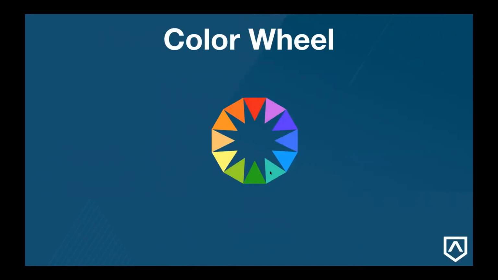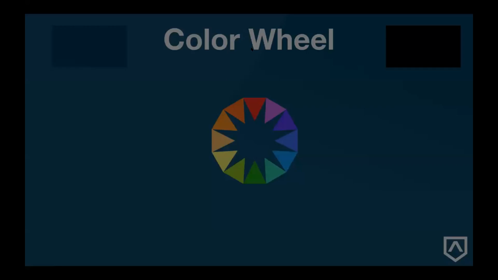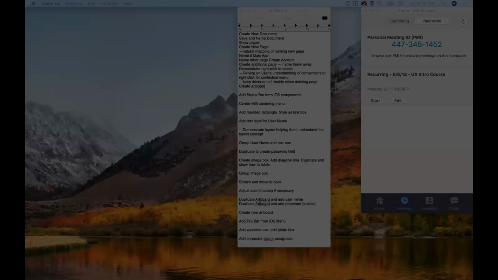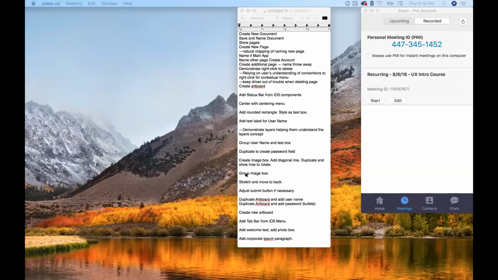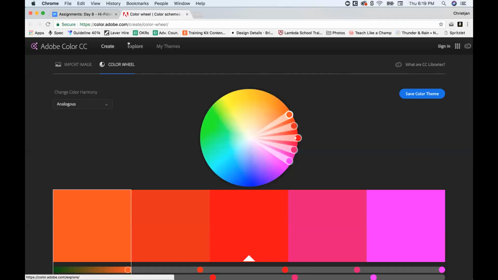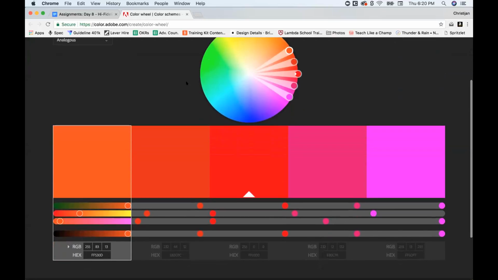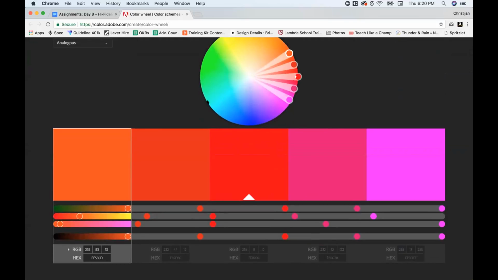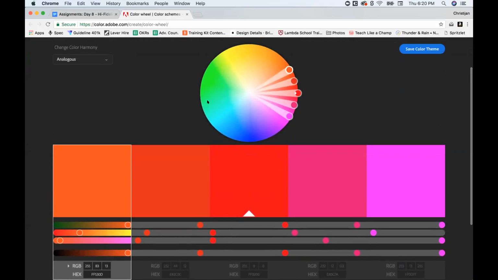So I wanted to show you a tool that Adobe has created. And actually they purchased it, somebody else had made. It used to be called Cooler, now it's called color.adobe.com. And what this is, it's a tool for you to explore different color combinations and see how they look, and save those combinations and see what the codes are that you can then put into your design tools, design